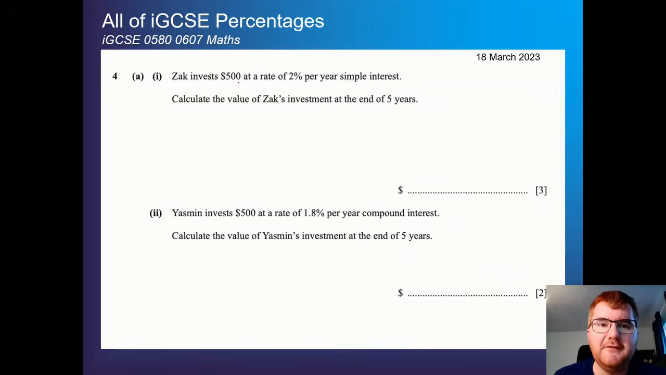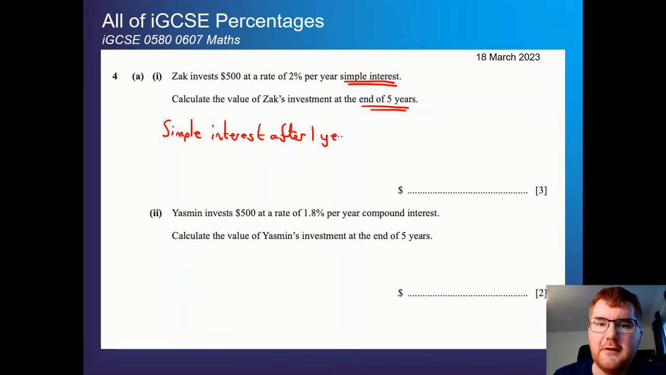So Zach invests $500 at a rate of 2% per year. Simple interest. Very important to be reading this carefully. And we want the value of Zach's investment at the end of 5 years. So we want the simple interest. I'm going to write that just to remind us here. After 1 year,